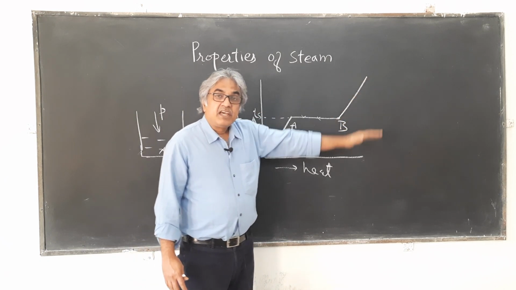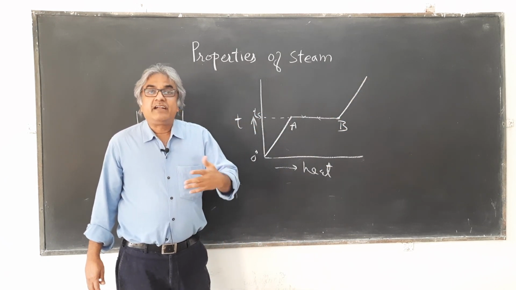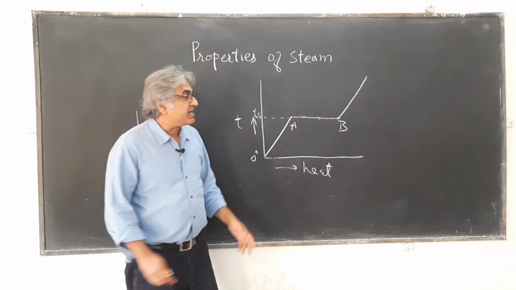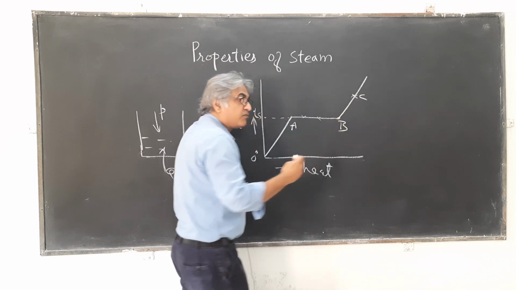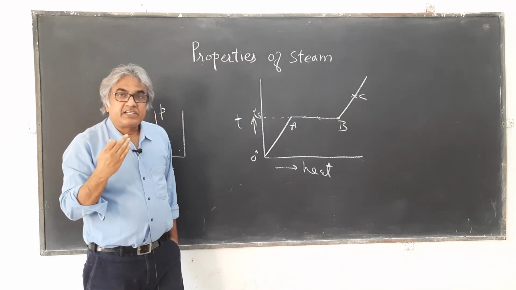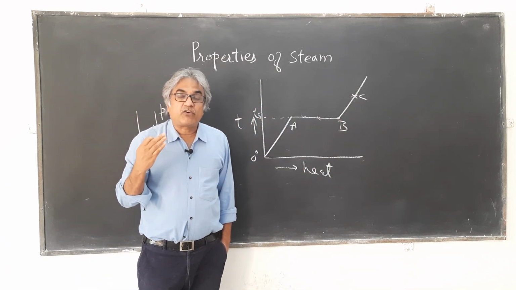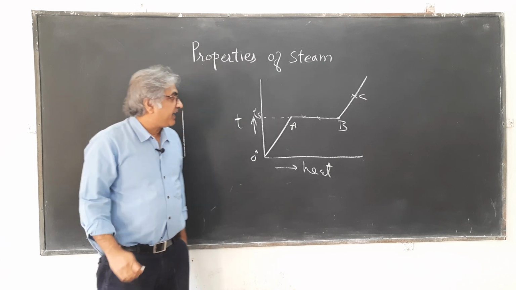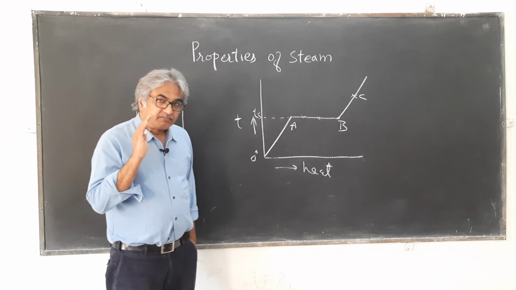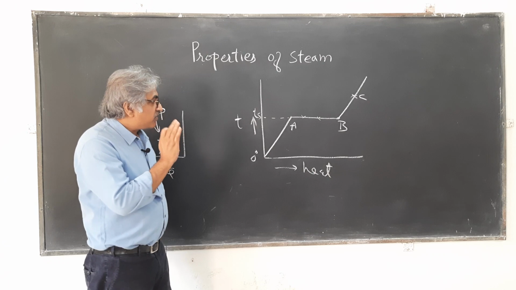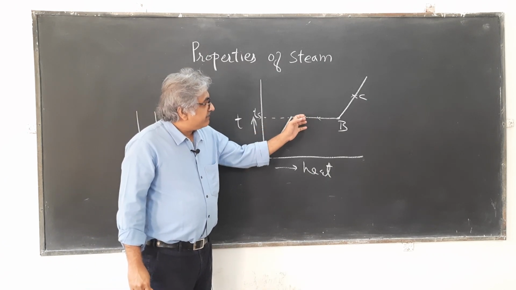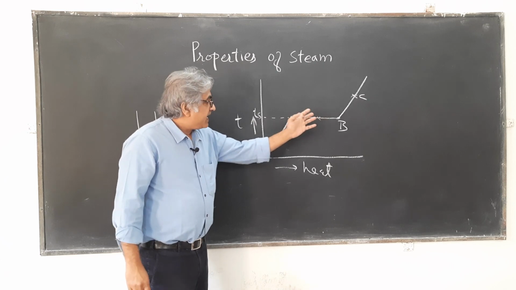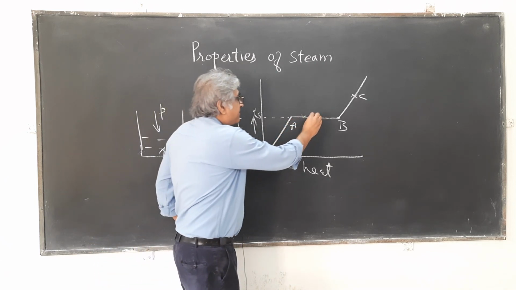Beyond which, if you start heating, you are entering the superheated region. That means the steam gets superheated, and let's say we are heating up to this. So point C is the condition where the steam is superheated steam. Now we would like to talk about certain properties. Let's say we start from point A, then we'll talk about some intermediate point. I'll mark that point as P.